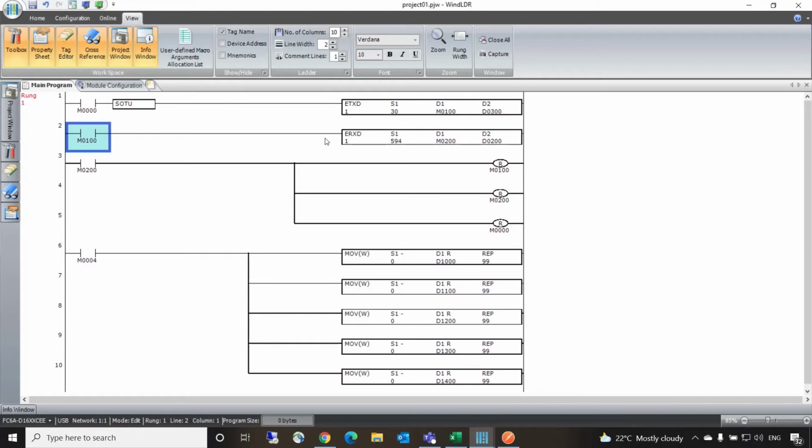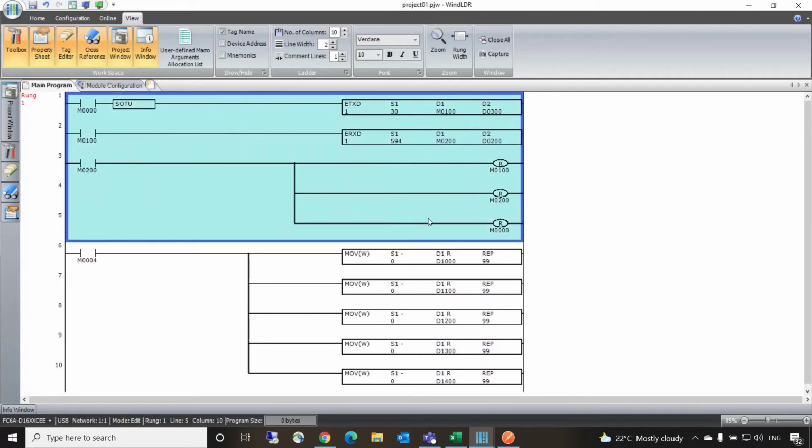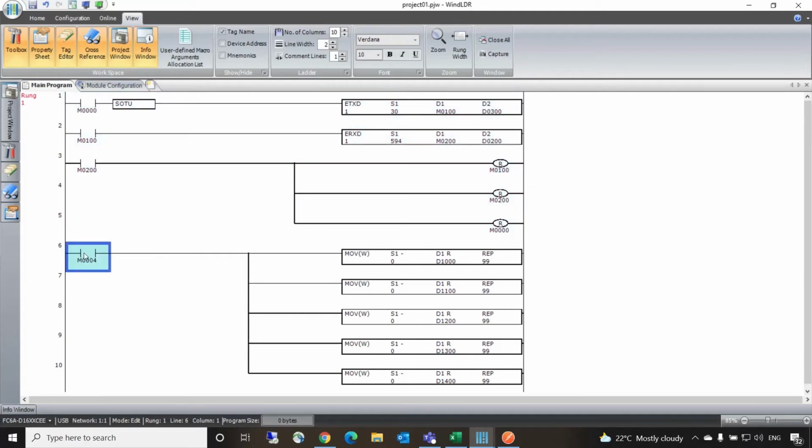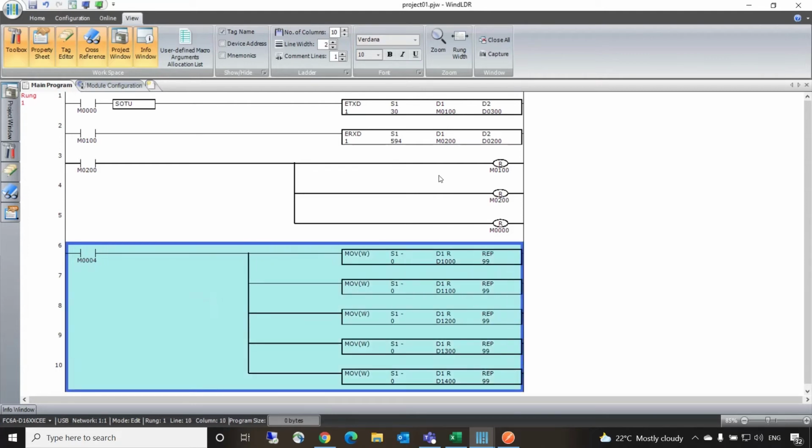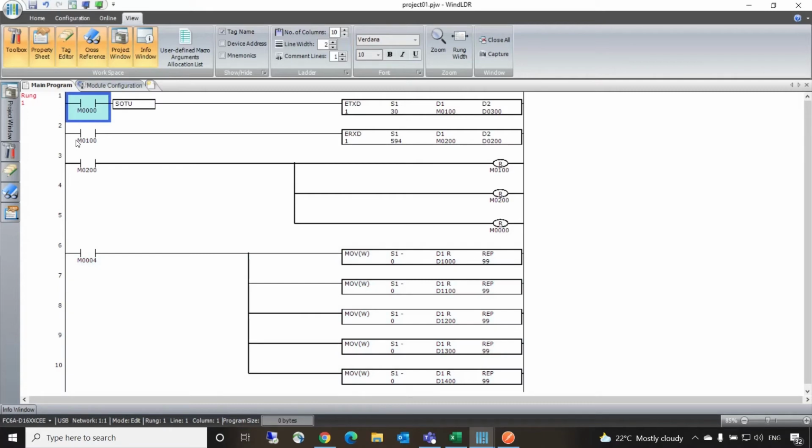As soon as this bit gets on, we are trying to receive the data from the other end. So this instruction gets executed. Once the instruction is completed, with that feedback, I am trying to reset M100, M0 as well, and M200. So this is a small feedback logic which I've prepared. And I've created one web server page in which I'm trying to clear out the data I receive so that I can get the data one more time by clicking on M0. For that, I have written a condition and I'm moving 0 to all the registers which I'm considering here. So this is a simple program which I made.